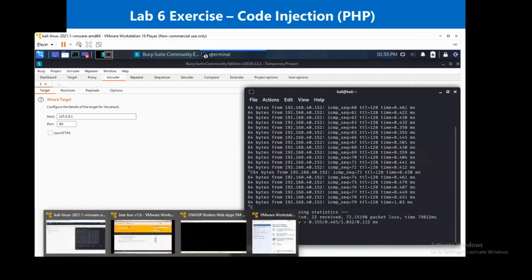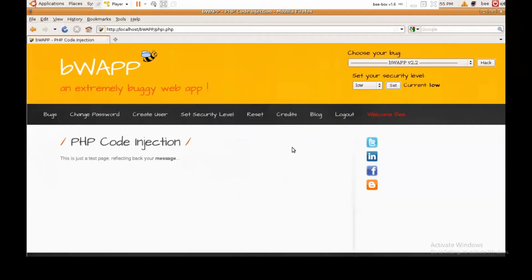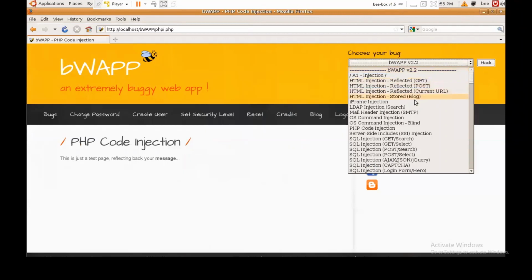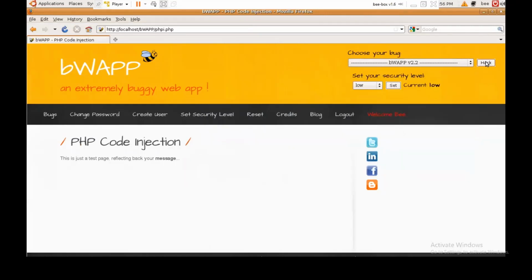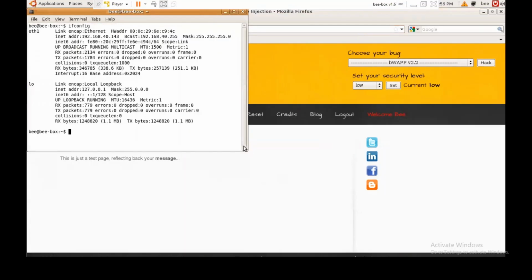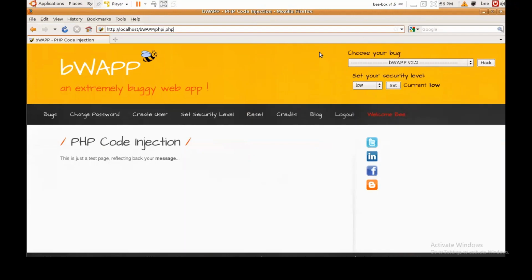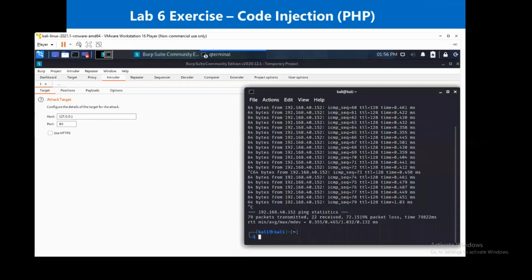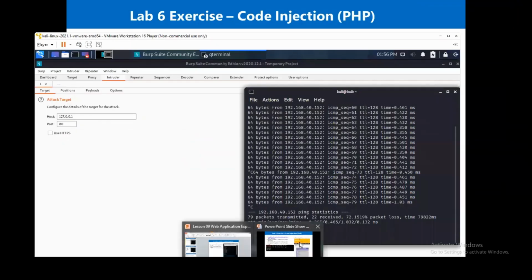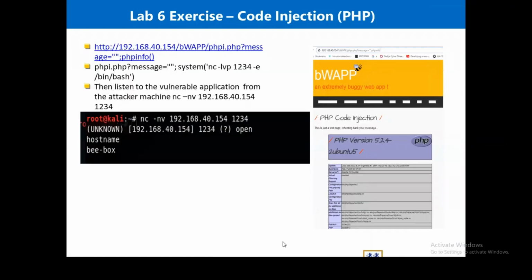I think I've stopped my listener now. Let's go back. So how do we test for this? So for the PHP code injection, there are different levels. Let me see if I can display